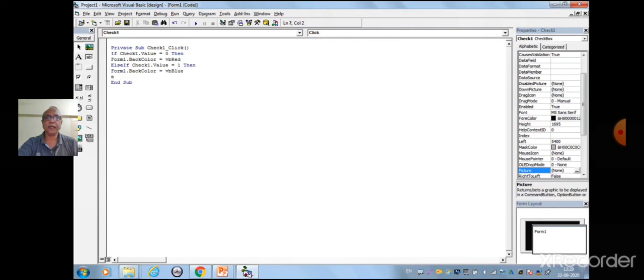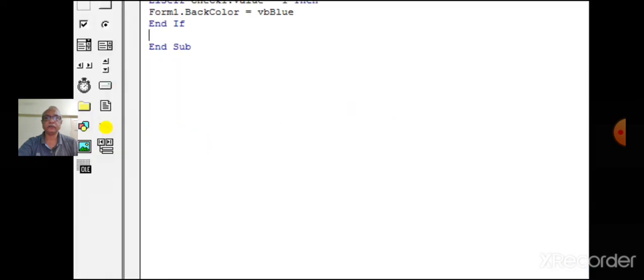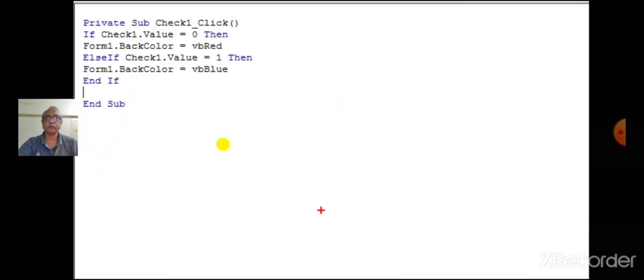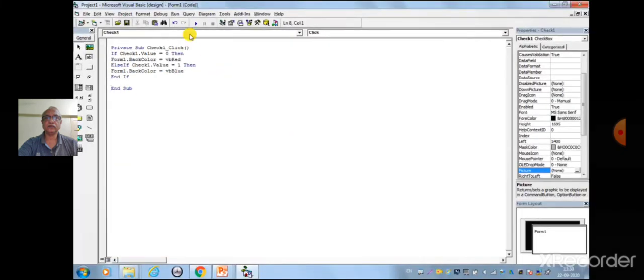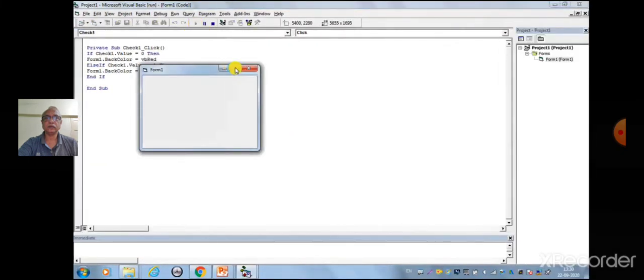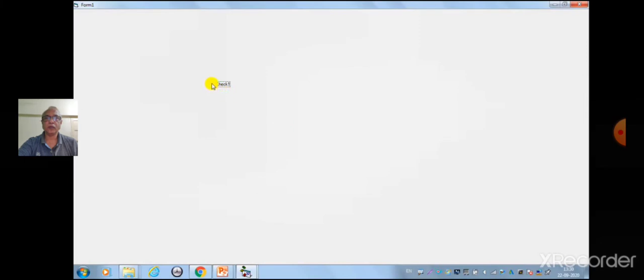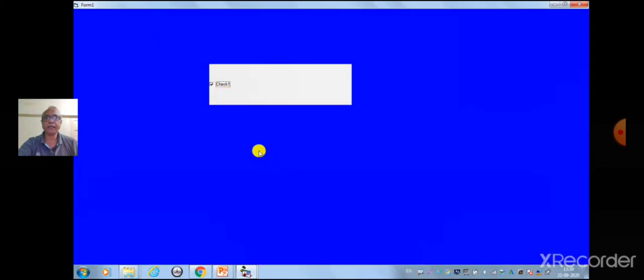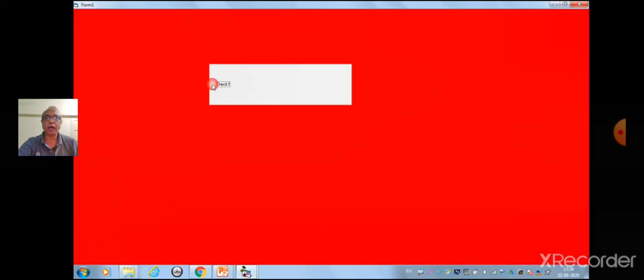Now let's execute this. If it is selected, the form color becomes blue, and if it is unselected, the background color of form becomes red.